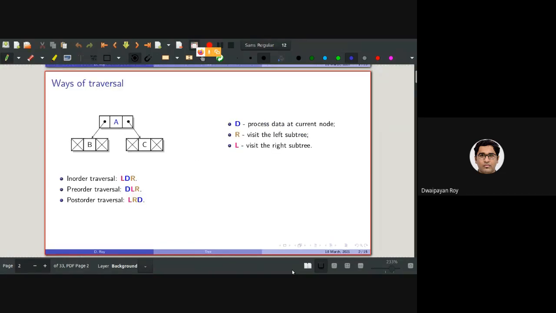So we were discussing ways of visiting or processing all the nodes in a binary tree. We had discussed three basic ways. One is called in-order traversal, when the left subtree is traversed first, then the root node, and then the right